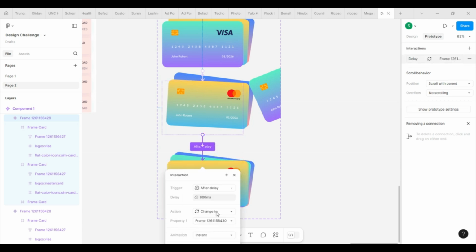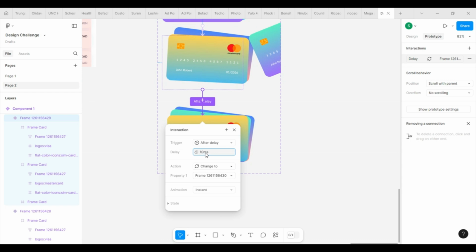I am adding after delay animation for the second variant because I want it to trigger right after the first one.